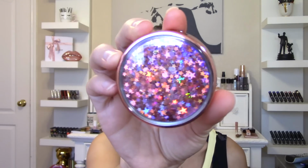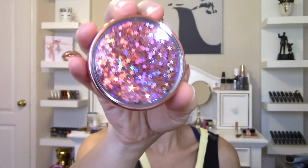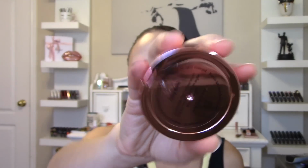And now that we have gone through that, I'm actually going to jump into the blush real quick, and that way we don't go through all of the palette and then go over all of the blush. This way we're going to go over all of it at the same time. So the packaging on this is also what had me wanting to buy it. I really wasn't as intrigued about the shade of the blush as I was the packaging of the product. So basically it's just a bunch of star confetti or star sparkle, glitter, whatever it's called, holographic. It's very pretty. This matches the palette in that it's also rose gold, and the shade name is called Fairy